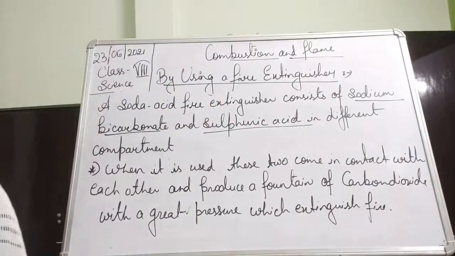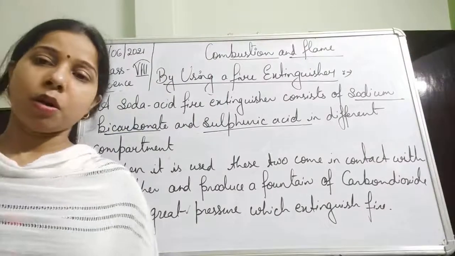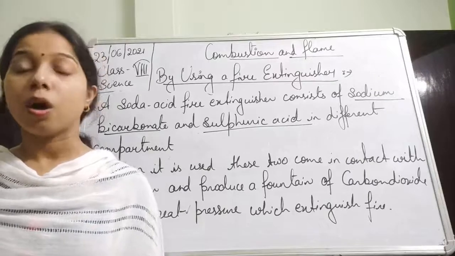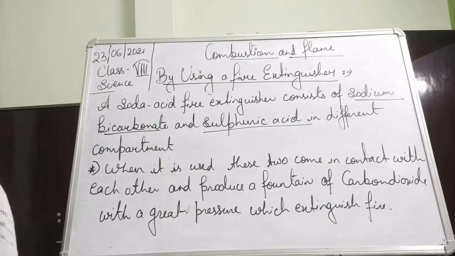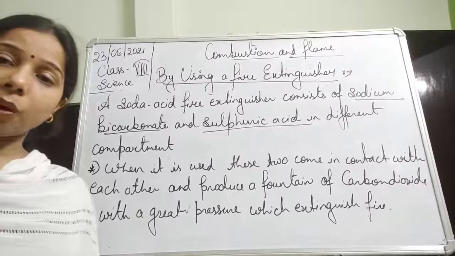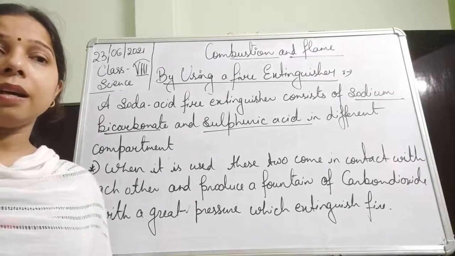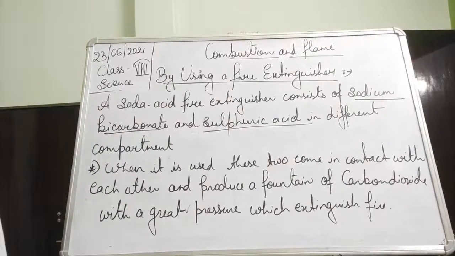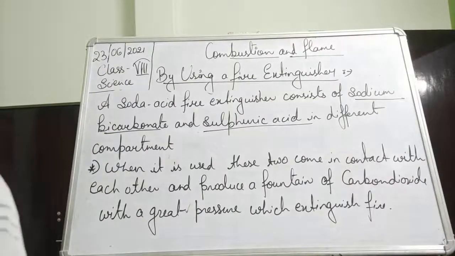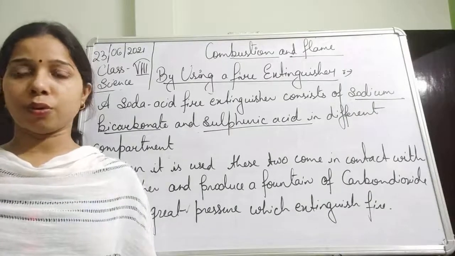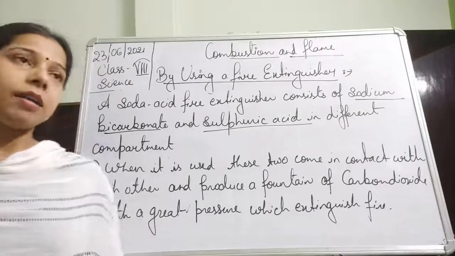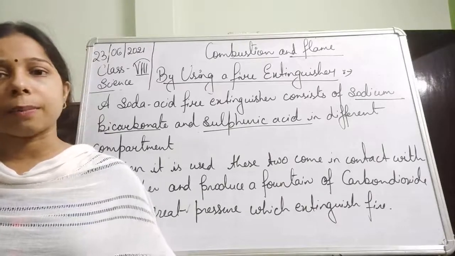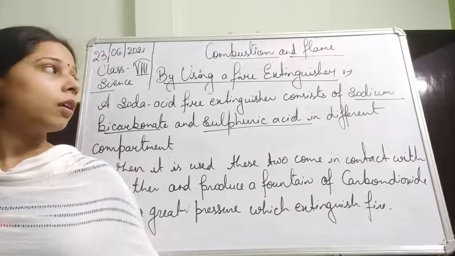First one, students, we have seen by pouring water on it. When we pour water, that helps in lowering the ignition temperature. Although that is not a good idea for electrical fires, because water is a very good conductor of electricity, and ultimately that will give a path for the electric current to flow, and that will give an electric shock. Second one is by throwing sand, that will help cut off the oxygen, and ultimately help in extinguishing fire. And finally, use a fire extinguisher.